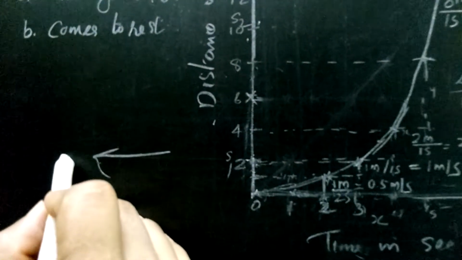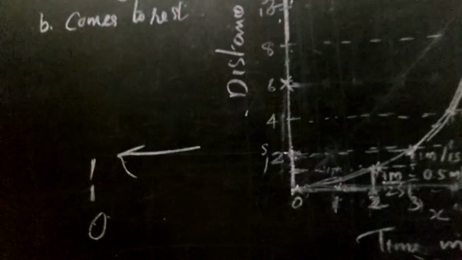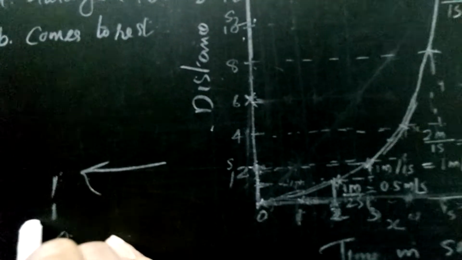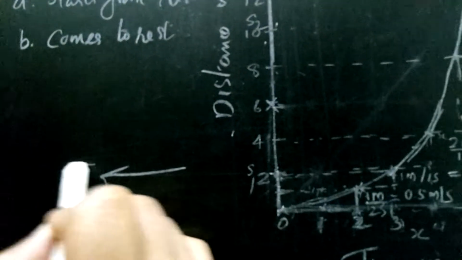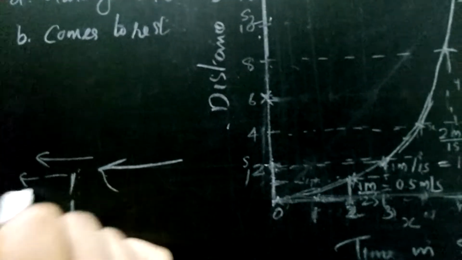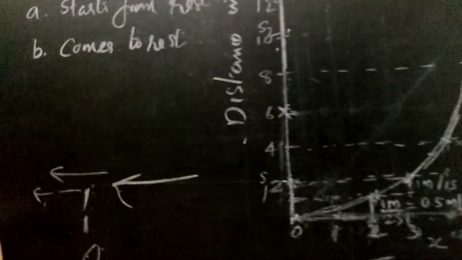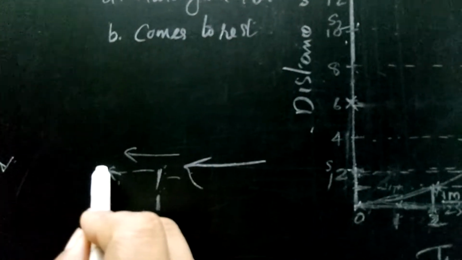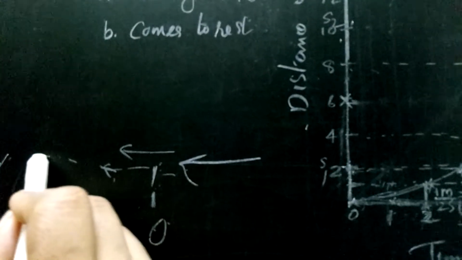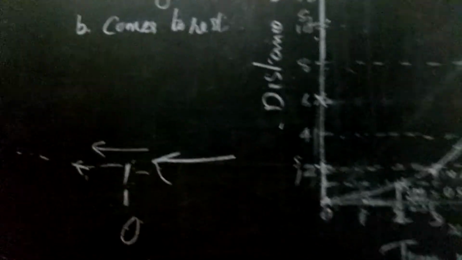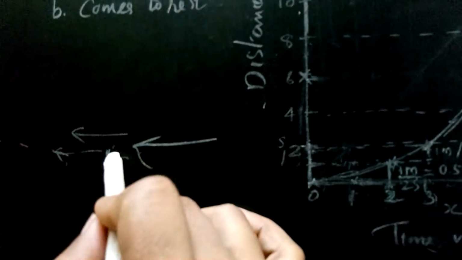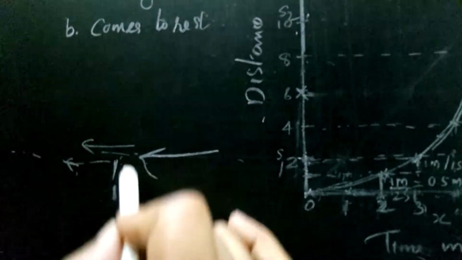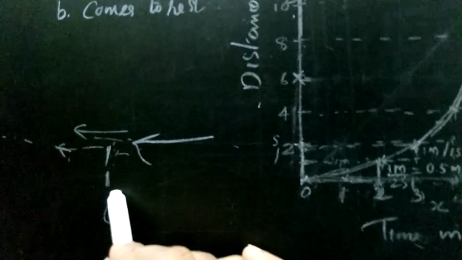When it reaches here, it has maximum speed, right? So here you should take 0 seconds, and when it crosses you, it covers maximum distance in the first second. And suppose the bus stop is here. When it crosses you, it covers more distance, and it decreases, finally it comes to rest. Is that clear? So when a bus or car is crossing you with a greater speed, where you are standing, that point you should take as the origin.